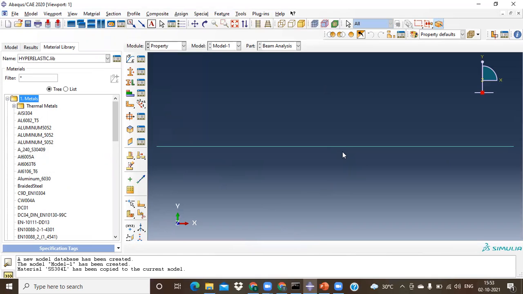As these are beams, what we have to do is give a material orientation to this. This is where you assign a beam orientation. Select this one, just give done. Give the default direction of 0, 0, -1, then just give OK. Orientation is required just to show the material flow direction that you have to define.